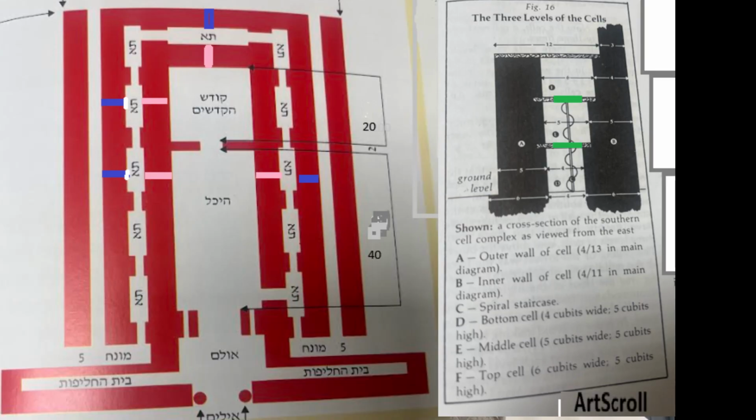What means the bottom floor, when from the bottom floor to the second floor, the wall of the Heichel became narrow by an Amo. So on that Amo, the end of that beam rested. And the same thing when you come to the next floor, it rested upon another. It went up 5 Amos high. You look in the Anash.org diagram, and so it rested, and then the wall went inside an Amma. The wall of the Heichel became narrow by an Amo. The beams rested on that Amma of the